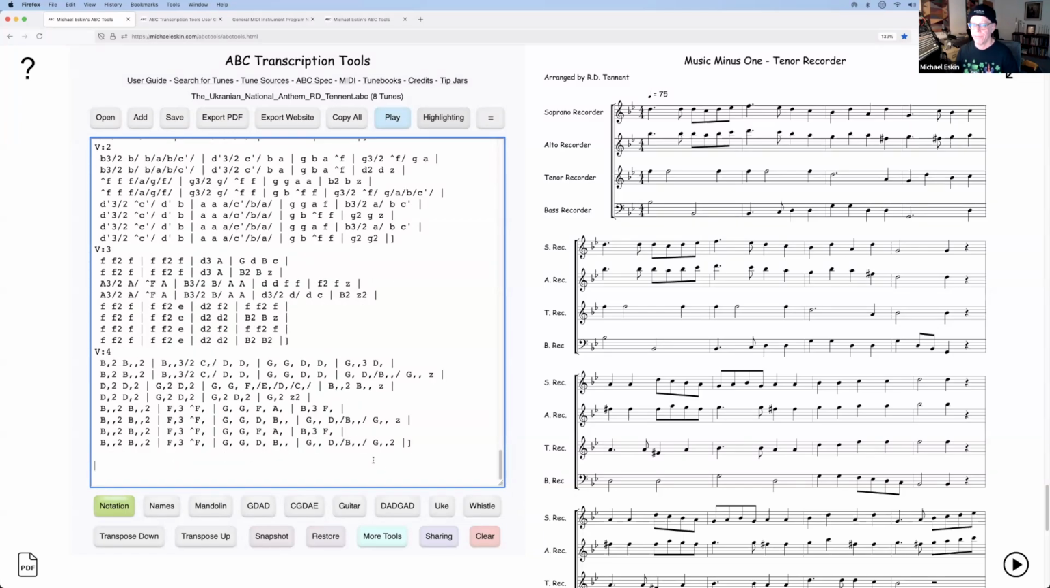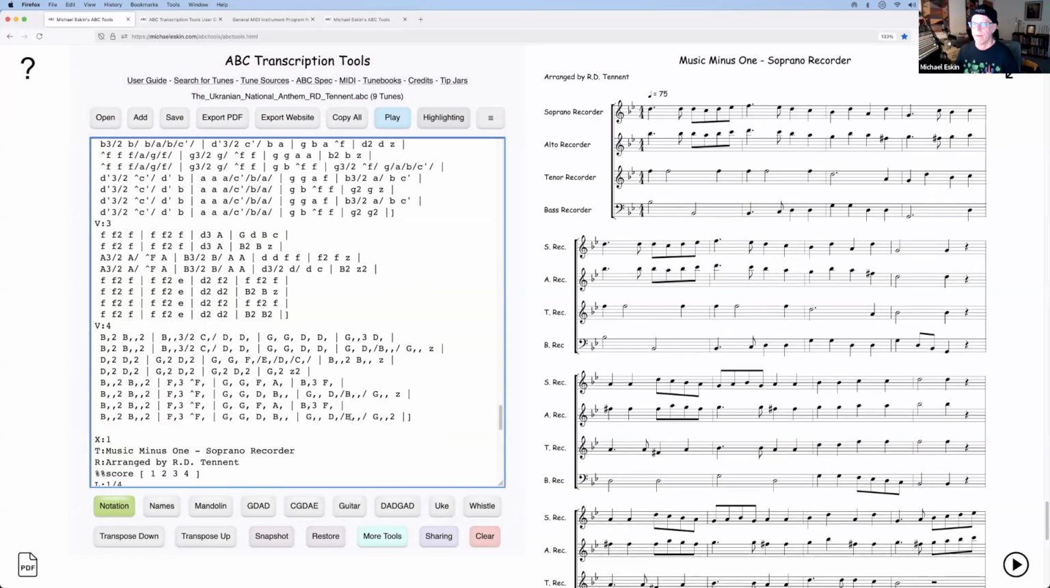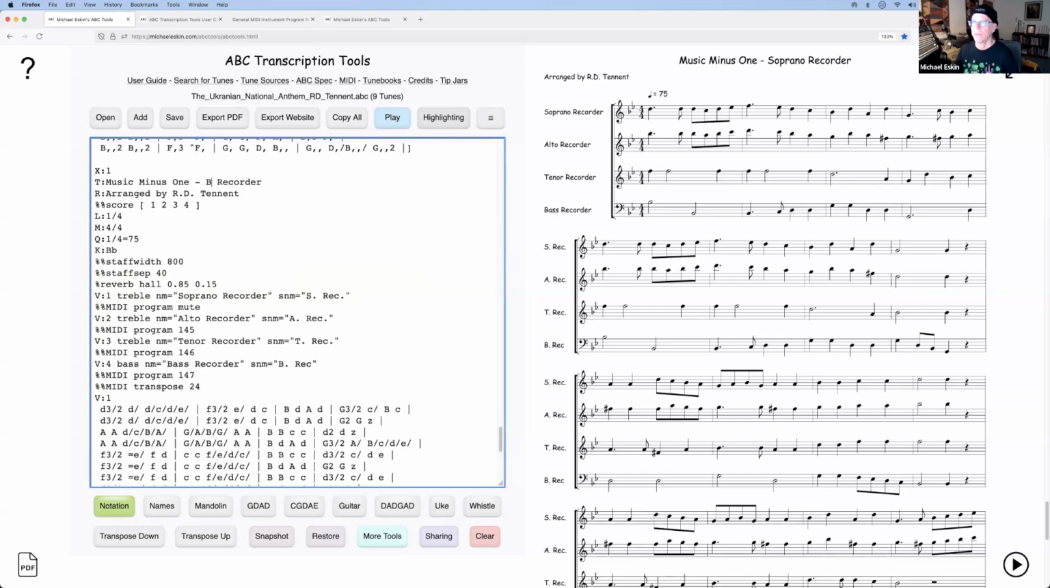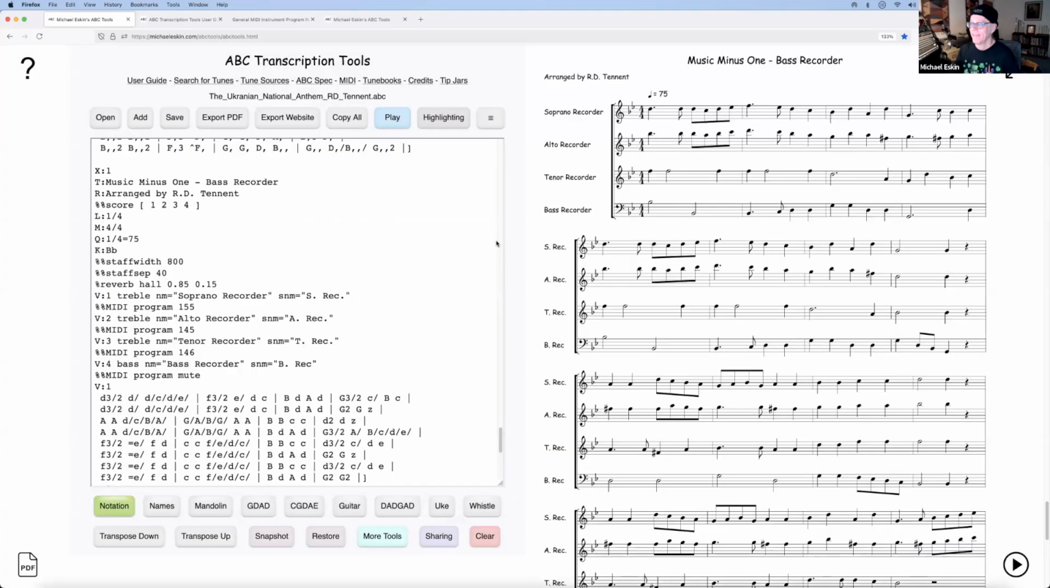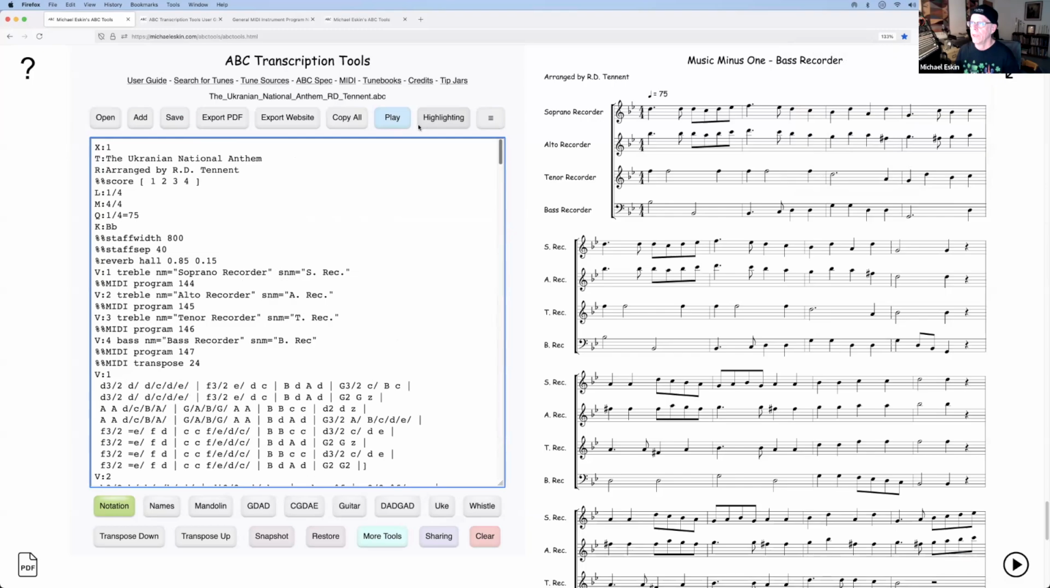And finally, the last one will be bass, and all we'll do is change the bass recorder to mute. We don't need the transpose on the muted voice. And I'm going to save it at this point. Supposedly we have everything. Okay, so if we bring up the player,